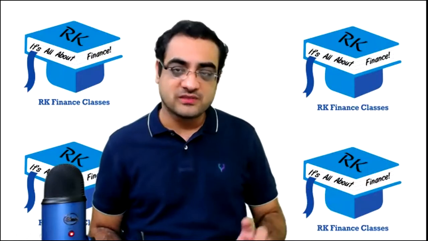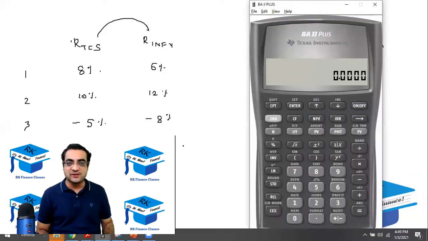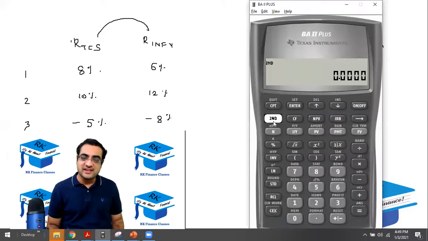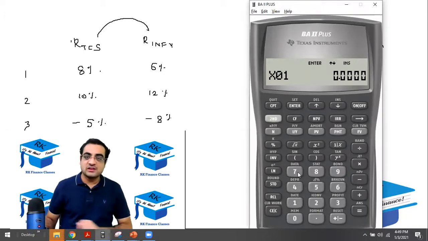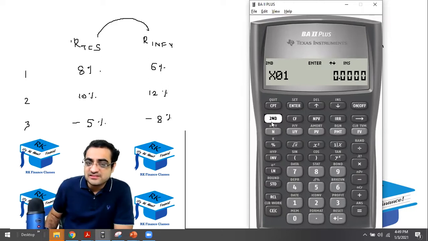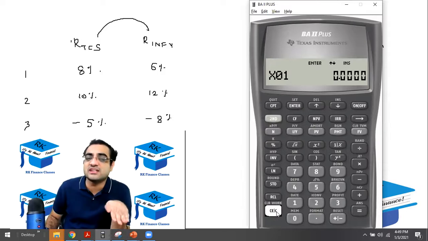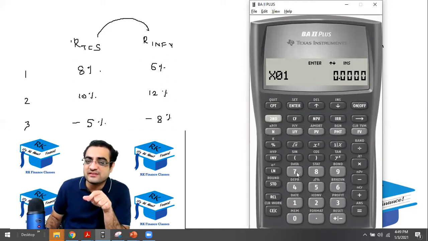All right. So obviously press on off and start your calculator. Then press second and 7. I repeat, press second, this button second and 7, which is opening the data function of your calculator. I repeat, second and 7, which will open the data function of your calculator. Second 7. Okay. After that press second and CC to clear the memories. Like we did in the CF function, after clicking, press second and CC to clear the memories. Similarly, after pressing second 7, you have to press second and CC to clear the memories.